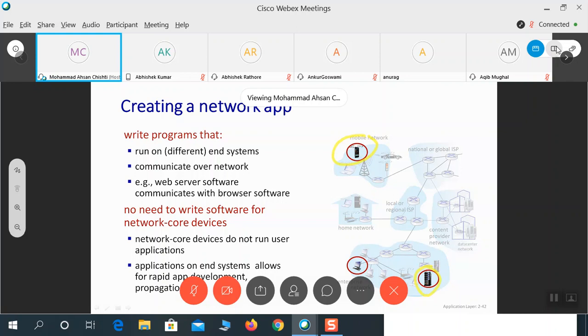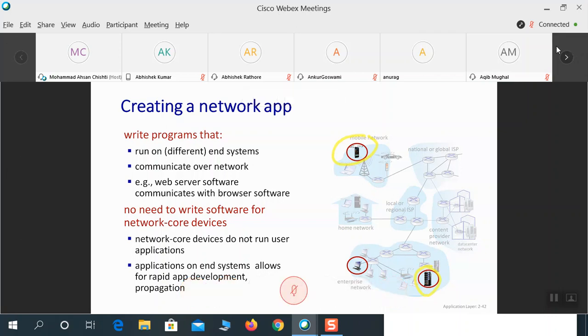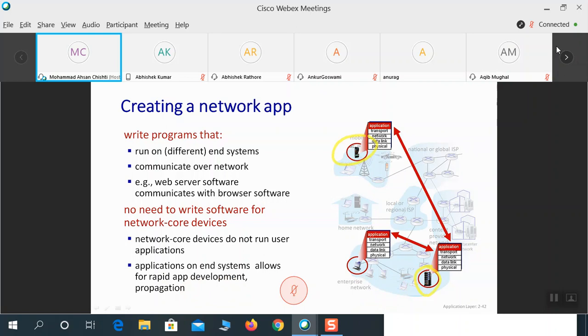Now, they are on two different systems, so we need to send the data across, with certain software to do that. So here you can see how application layers communicate with each other. In this case, we have a client-server architecture, a client requesting the server for certain things.